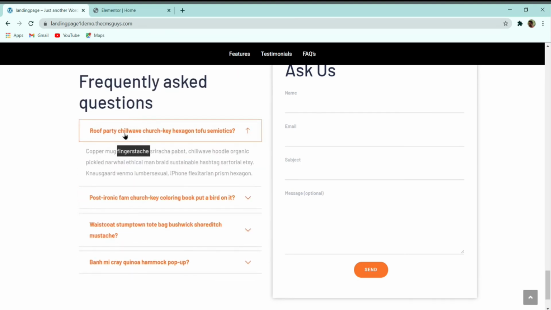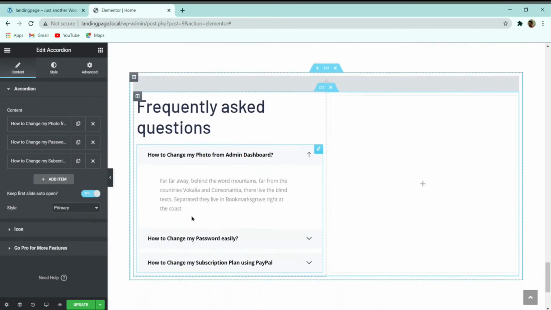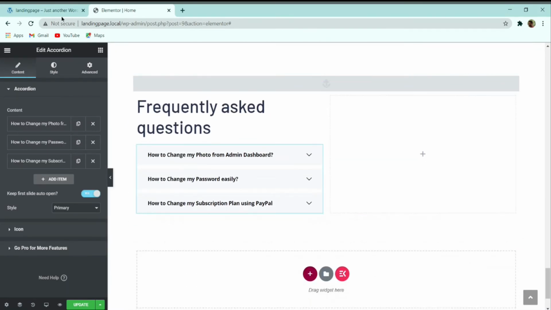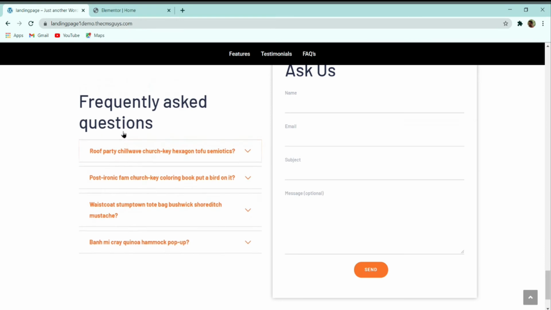Suppose for the questions I use this text only. First of all, you can see that whenever the part is active, there is an orange background color, and when it is not active there is no background color, only a top and bottom width.